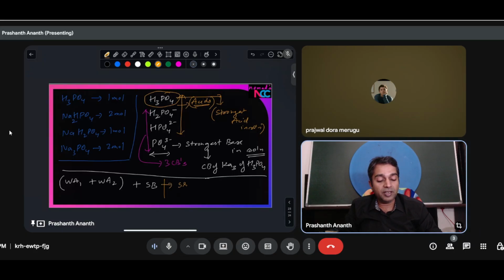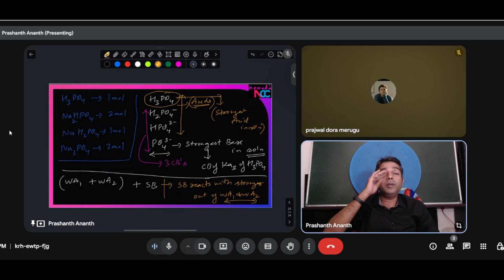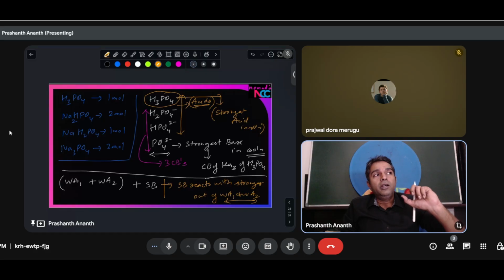The strong base reacts with the stronger out of the 2 weak acids. That is why your Ka actually comes into play. So if you have Ka for one of them being substantially higher, by even 10 times or 100 times, that will react much more. Because the rate depends on the amount that gets dissociated, but it also depends on how good it is at reacting. So even 10 times more Ka will basically translate into nearly full completion of that reaction